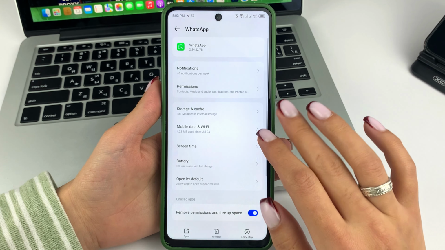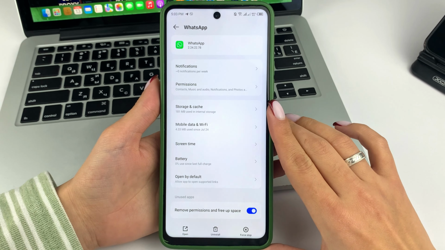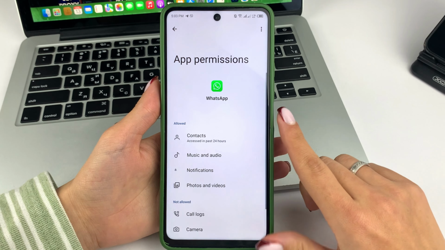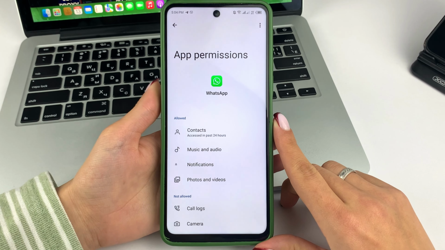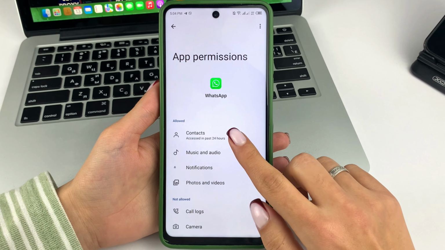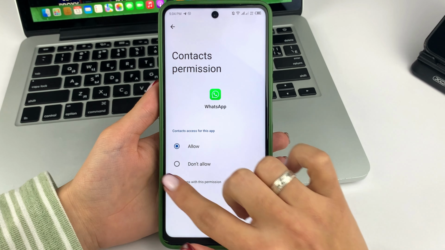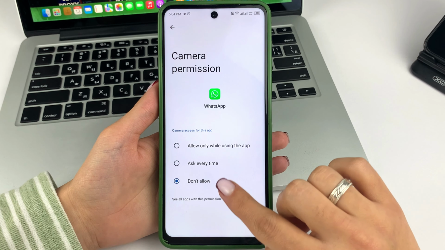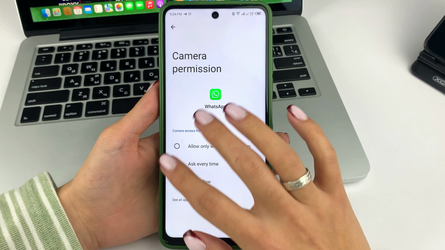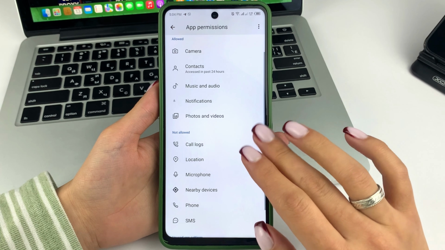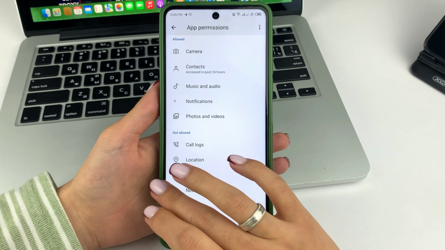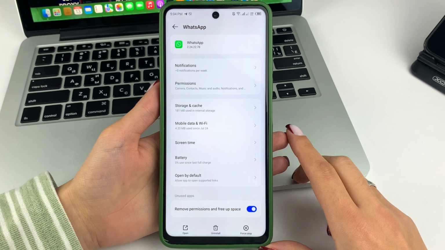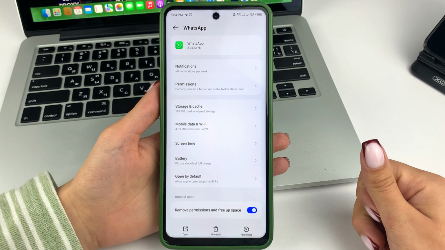If not, then I also recommend you to go also here in WhatsApp settings to permissions and check all the permissions you have connected and active in the WhatsApp app. To do this, click on each of them and see, have you given access to a specific one of the items in the WhatsApp app? All of them need to be connected, friends. Once you have done that, once again try listening or sending a voice message.